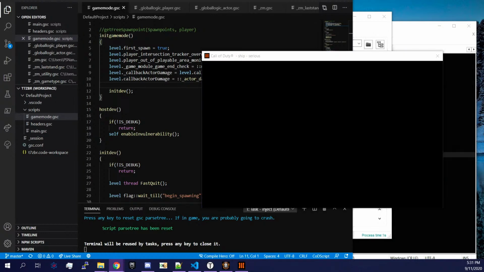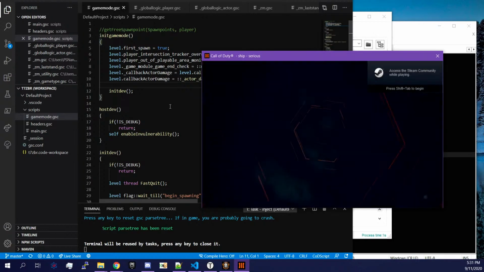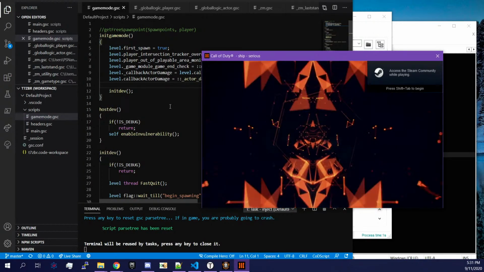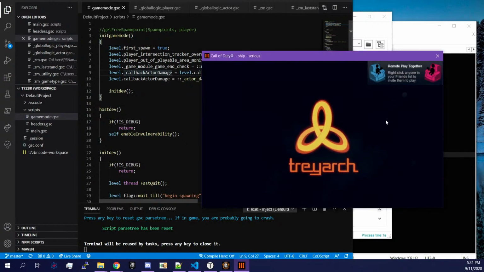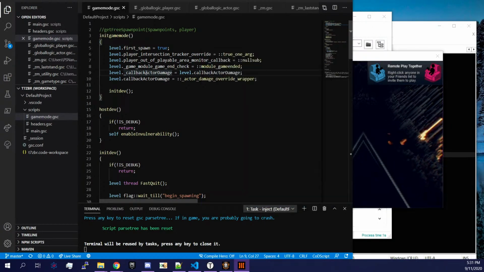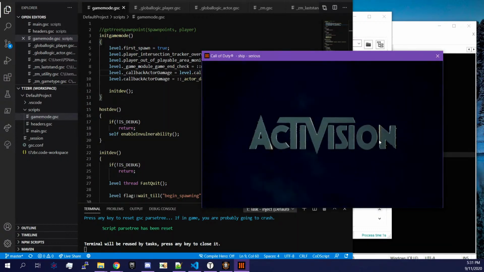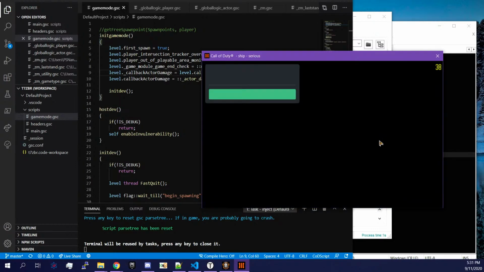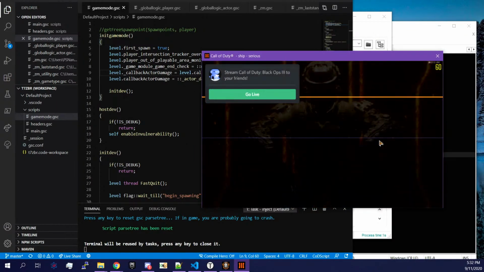BO3 GSC is too sensitive. I like it way more than Black Ops 2. I mean, Black Ops 2, you fucked up a variable, your whole thing is over, and you're sitting there searching for hours to figure out what is wrong with your code just to find out it's an undefined variable. At least in this, you've got some safety. You don't have call stack safety like you do in GSX, but it's still really...